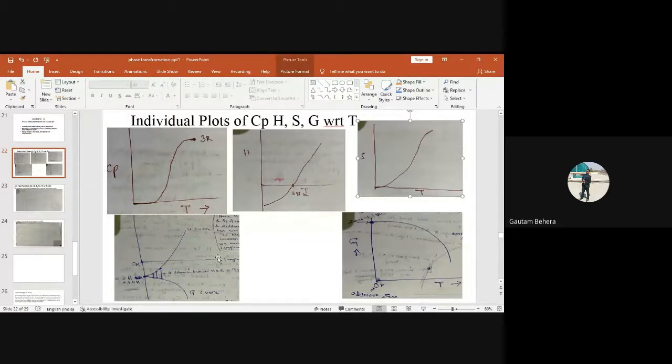Anyways, so now that means if you are taking XA as 0, then your configurational entropy will be 0, right? Or if you are taking XB as 0, then your configurational entropy will again be 0. That means if one component is missing, there will be no configurational entropy. To have configurational entropy, you should have at least two components, right? But if you are dealing with pure metals, pure substances, there will be no configurational entropy. Okay.